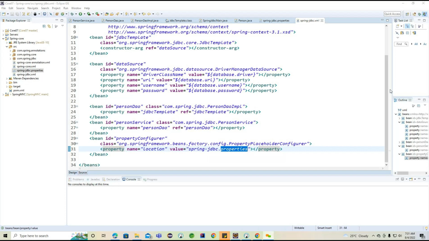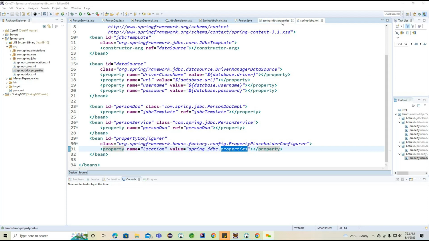So where is this particular source directory available? Here. This SRC we call a source directory. Inside the source directory, if you provide any files here, they will automatically be loaded by this particular property placeholder. So now we are sharing the information: this is the property file location, and I'm providing this particular file. By default, it looks for this file under the source directory. Now once this particular file is loaded,